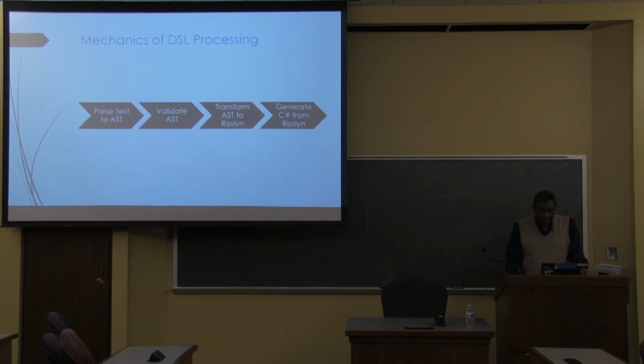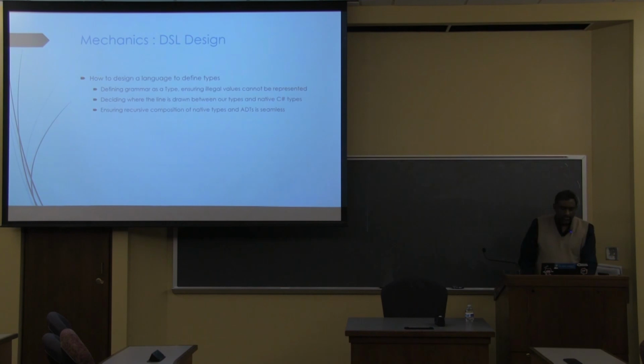So this is the approach that I'm planning to take. I'm going to start by figuring out what it means to build a DSL. So the FP way of doing this is to basically design a language, and the language will be defined by a grammar, but the grammar will be defined as a type. So we'll be using sum and product types, union and product types, to actually define what the grammar of this language is going to look like now.